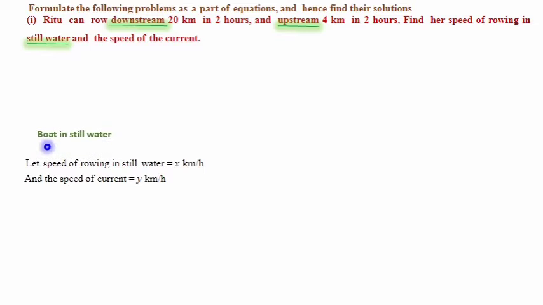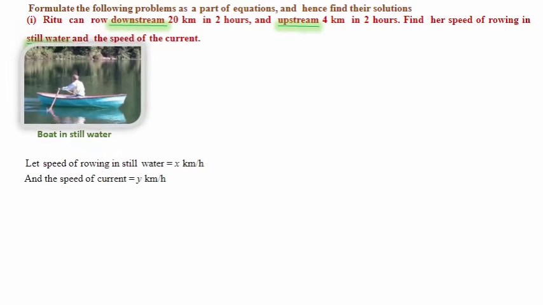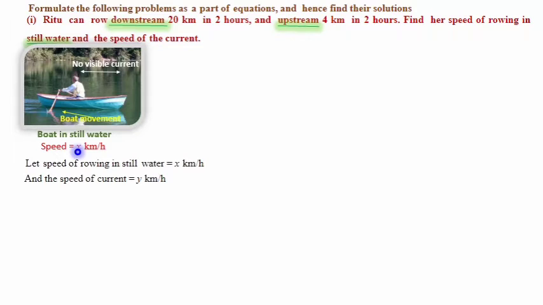First case, that is boat in still water. Here there is a picture. When you closely observe this picture, it is clear that water current is not there. No visible current is there in the picture, and the movement of the boat is forward. And here speed is x km per hour according to our assumption, because y is nil, y is 0 here. Water current is not there, so y we cannot take, and the speed of the boat remains x km per hour in case of still water, meaning no water current is visible.